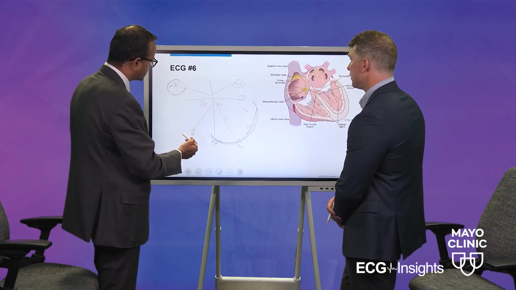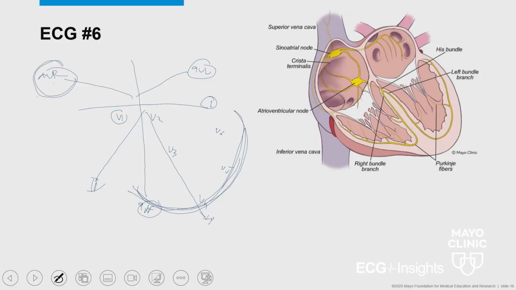If you go back to the next tracing, this is the left side, this is the right side. If this quadrant is the one which is maximally involved, the reciprocal to that is going to be this quadrant, and that's why you'll see the AVR changes here. If you just have a little bit of right coronary infarction, the quadrant opposite to that is AVL. That's why you see changes in all this area, V1, V2, 1, AVL after an inferior wall change. That's the reciprocal for those leads.